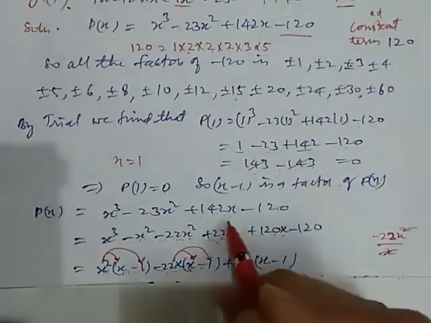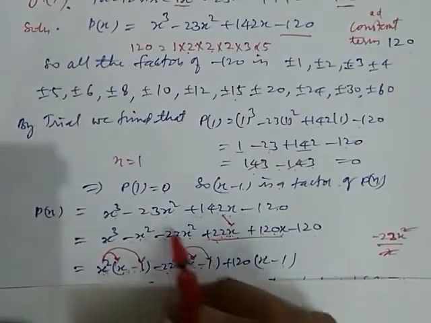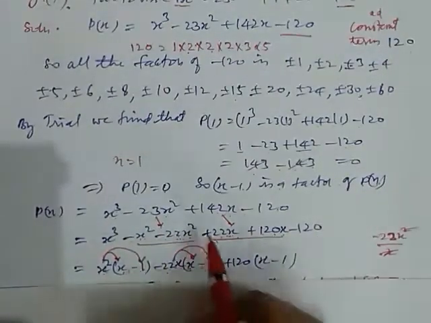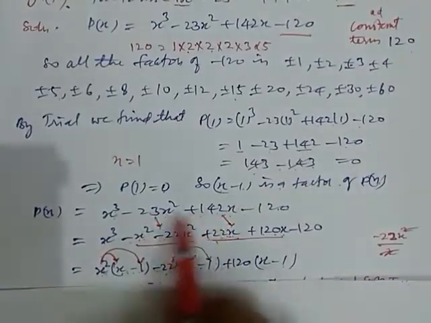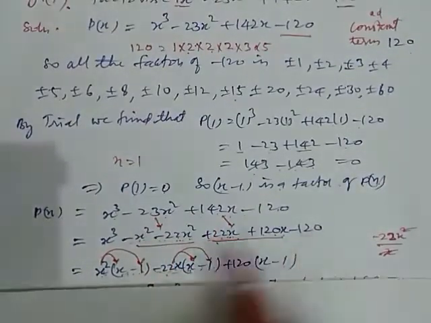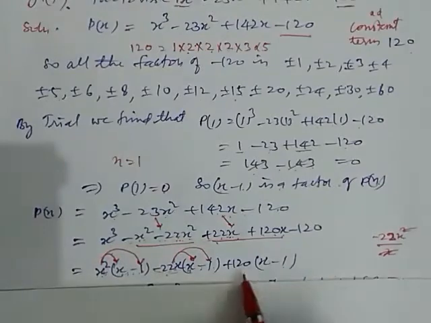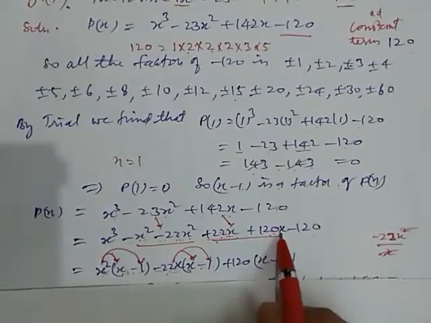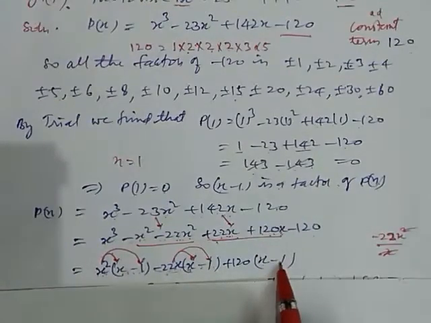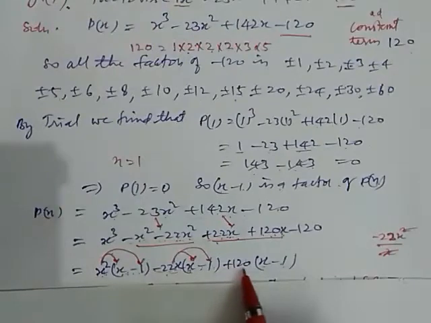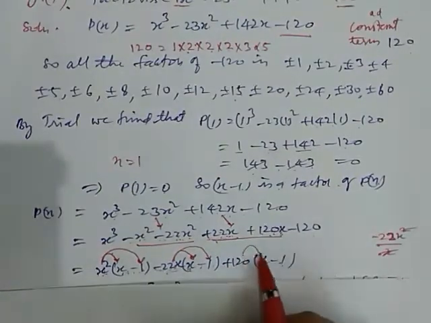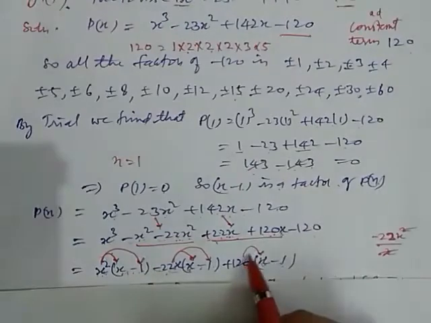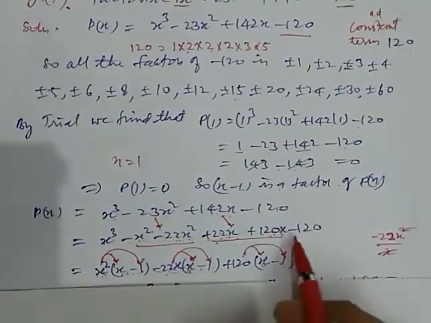So we can write this term as both of these terms and this term as both of these terms. So now we can split these 2 terms in the form of this. So now check, when we split this into these 2 terms, we get 122x. Now put x minus 1 here and find what value we multiply x by to get this. So here 120x divided by x, 120. So put 120 here and now multiply this. 120x is this, and 120 into minus 1, that is minus 120.